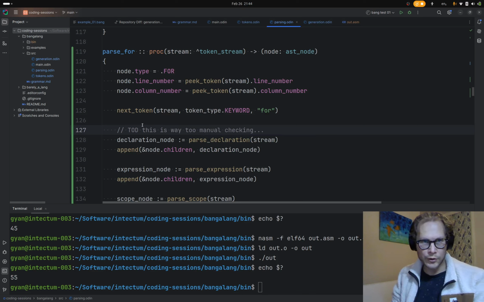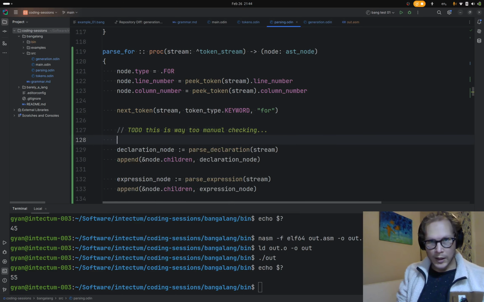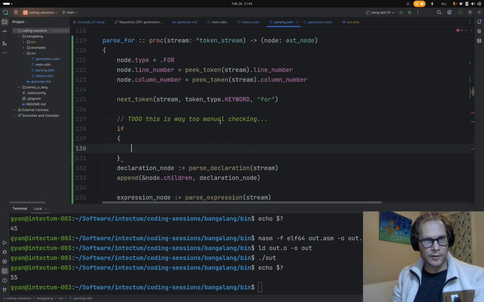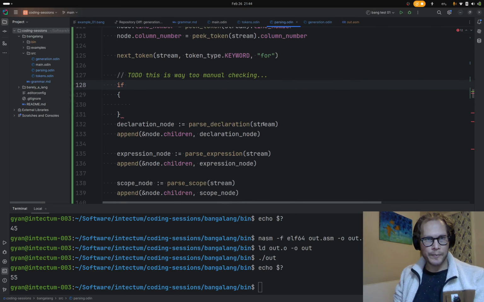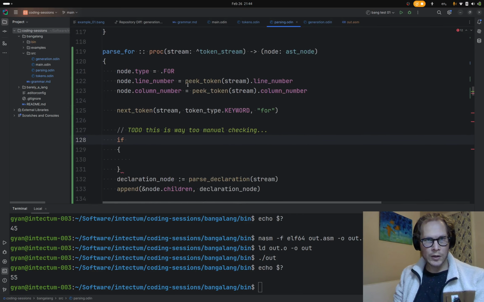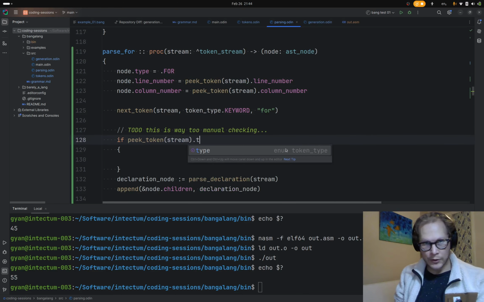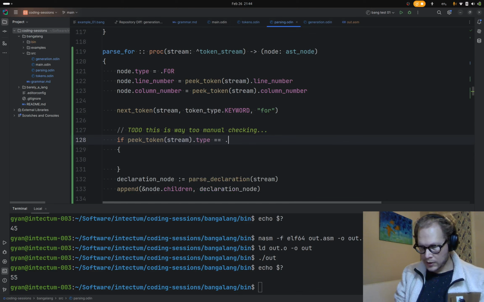So I'll put a to-do just to mark it as ridiculous as it is. And then I'm going to say, if, yep, we consumed the for. So if peek token type equals identifier